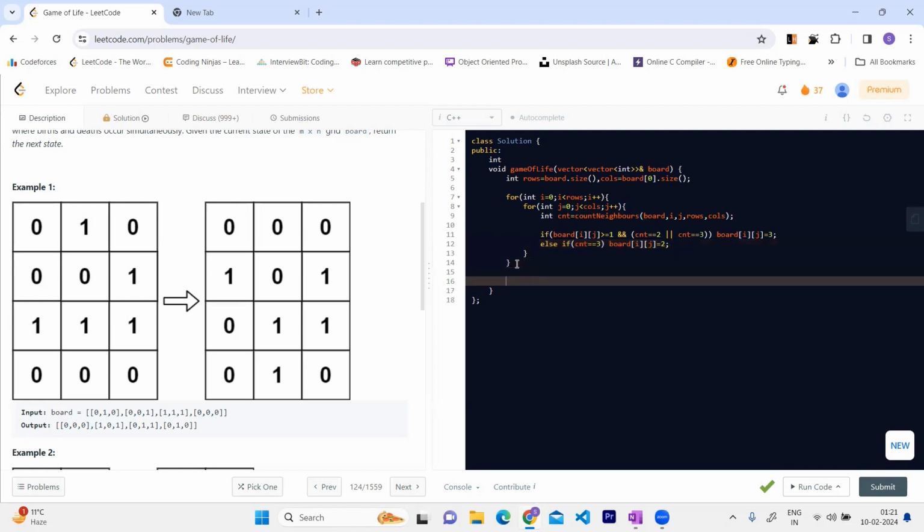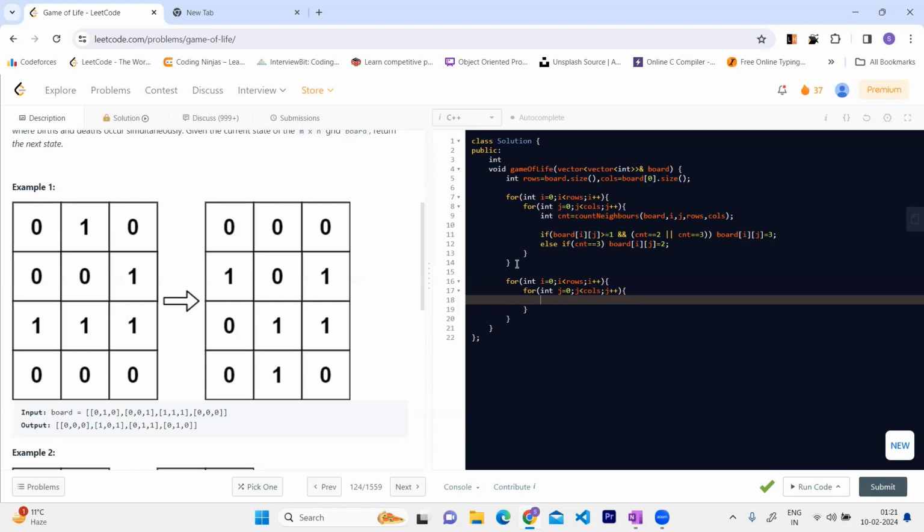So now after mapping all the values of 3 and 2, we just again need to run two loops, i less than rows, i plus plus, and j less than cols, j plus plus. This time we are converting all those values of 2 and 3 to 0 and 1 according to the condition, right? So we need to check if board of i j is 1, then we just need to convert this to 0, right? Otherwise